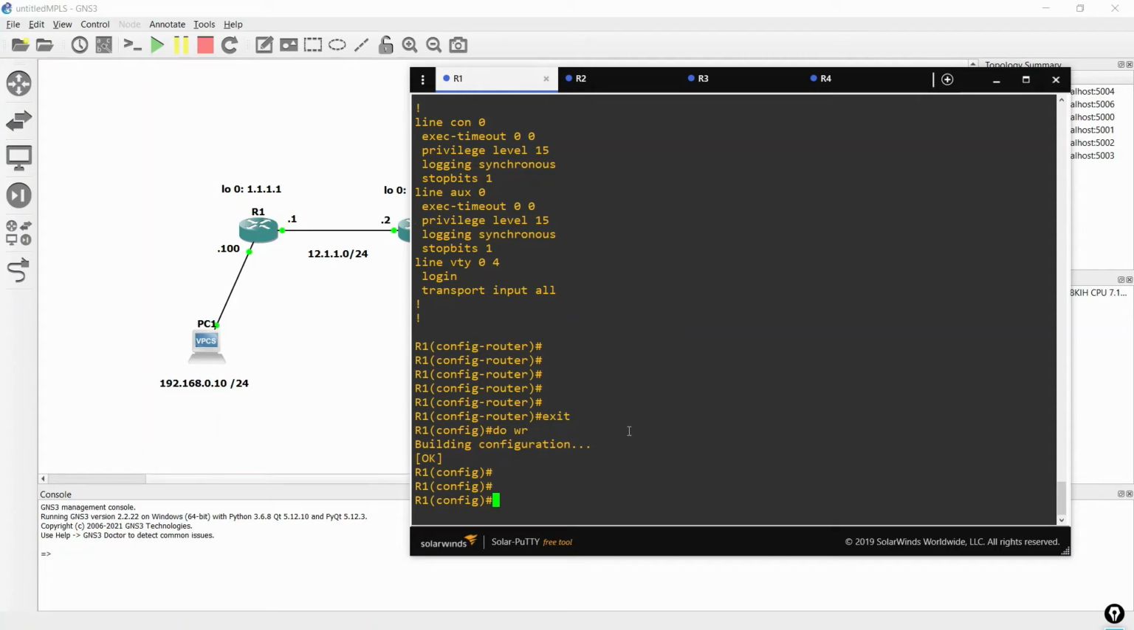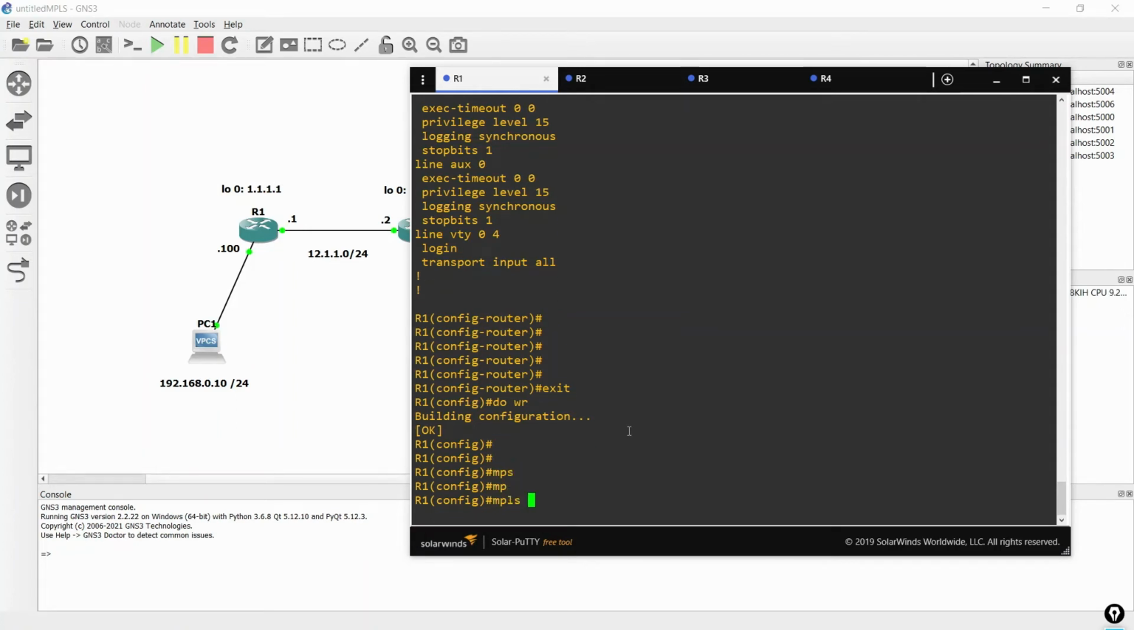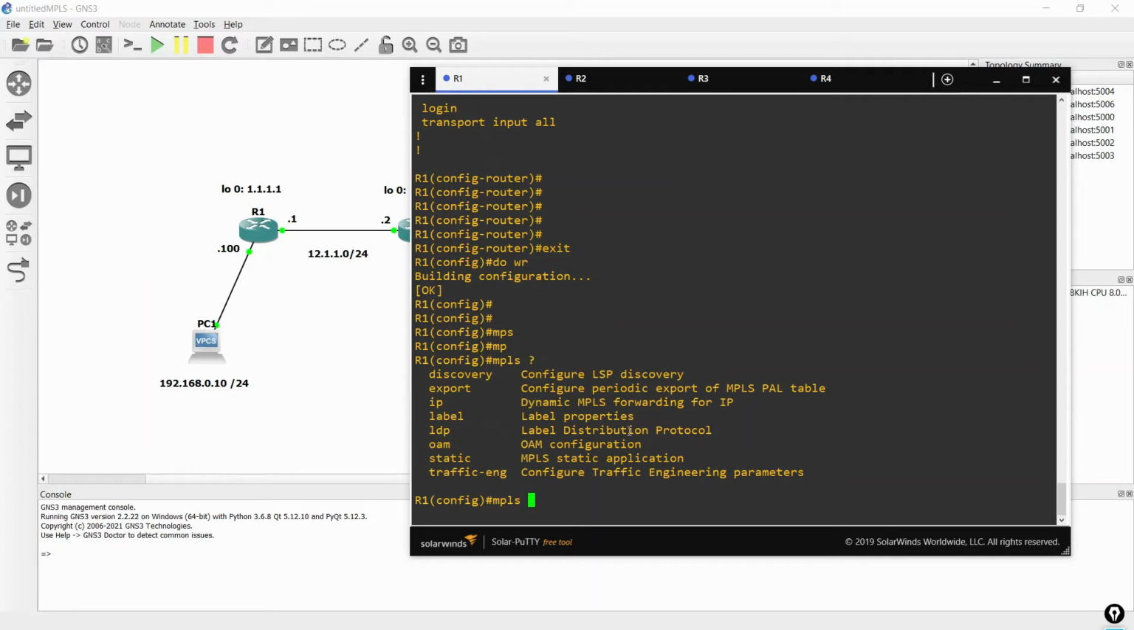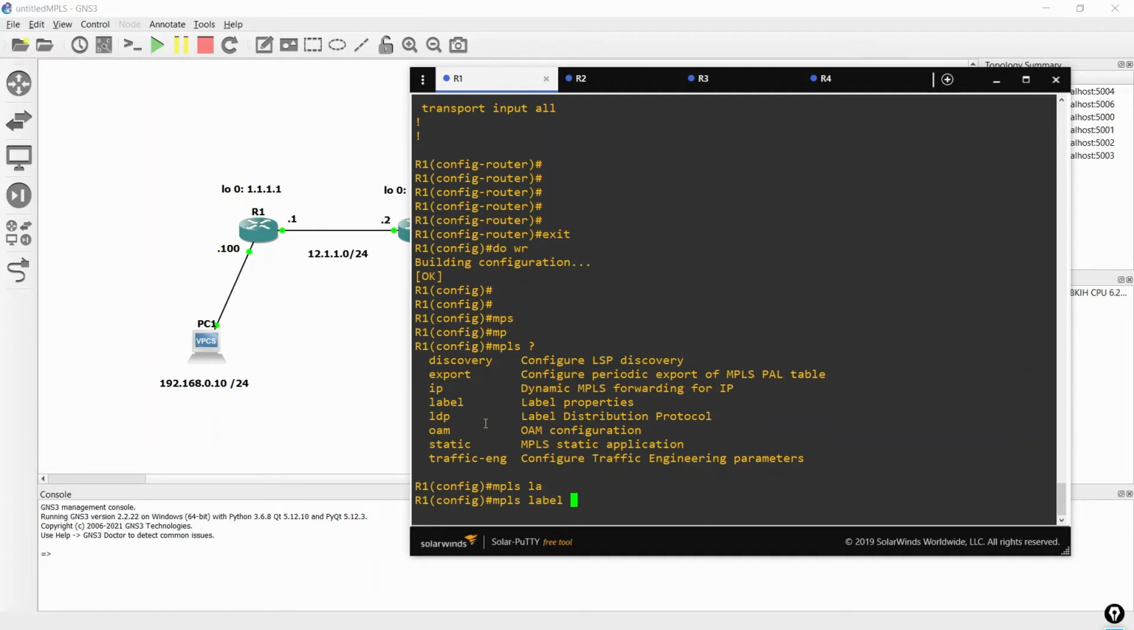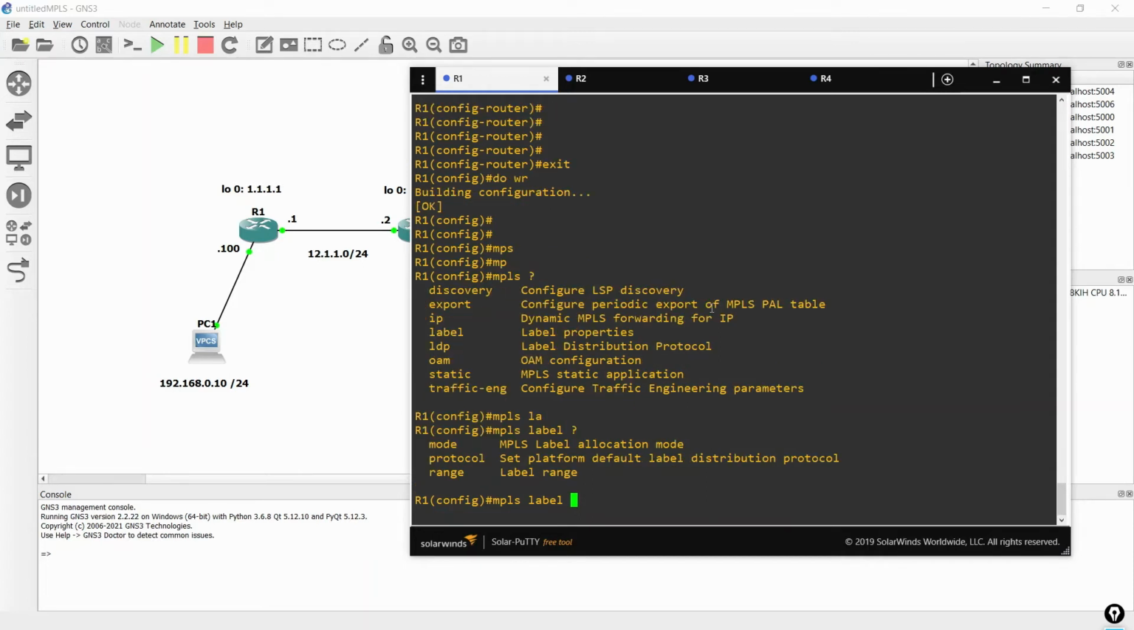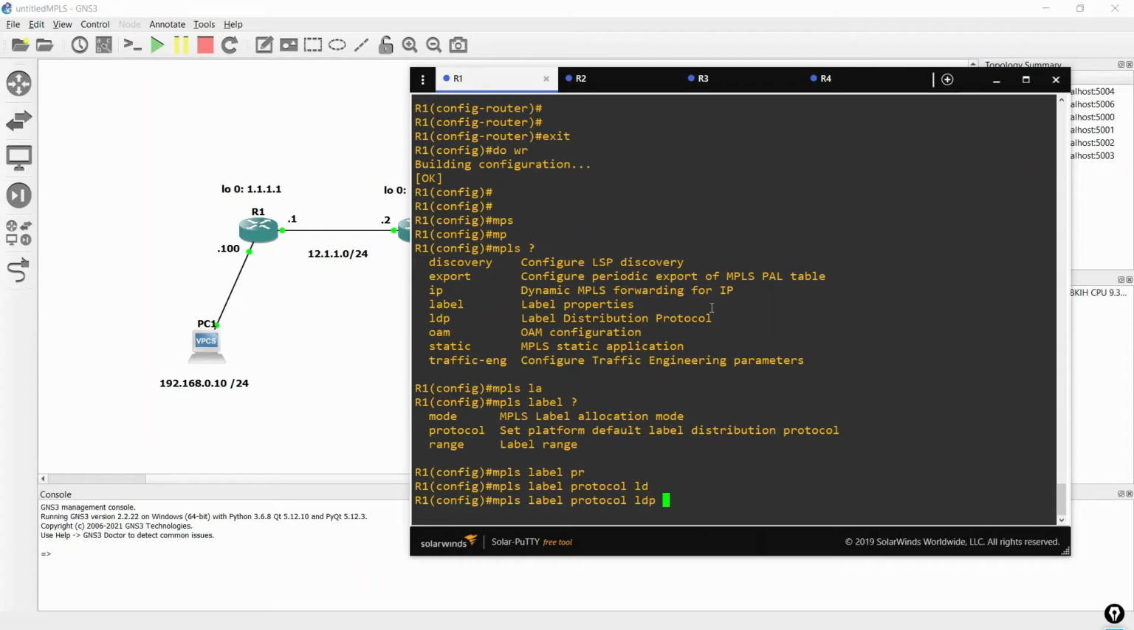The first thing on global mode, we do need to type MPLS and these are the options. MPLS, the first thing is label. So we do need a label. How we should look depends on how many networks we're going to advertise. We're going to add a label to each one. So label, the first protocol, and LDP, label distribution protocol. So we are saying use MPLS label protocol LDP